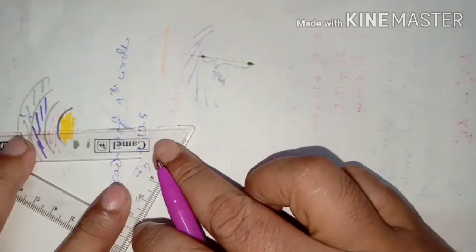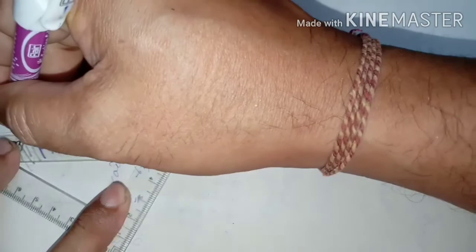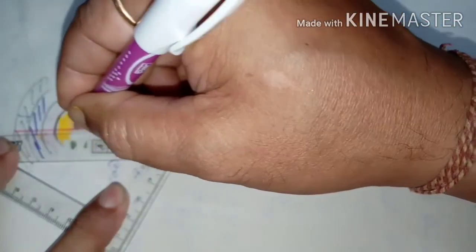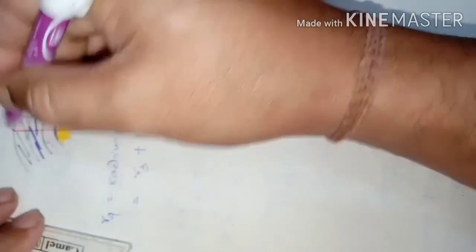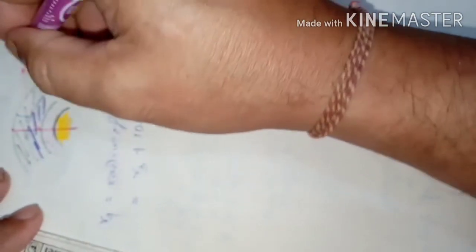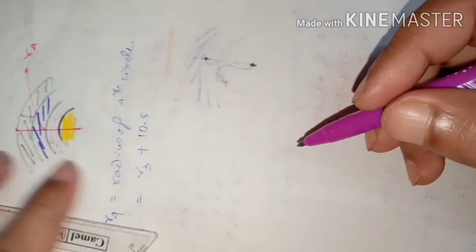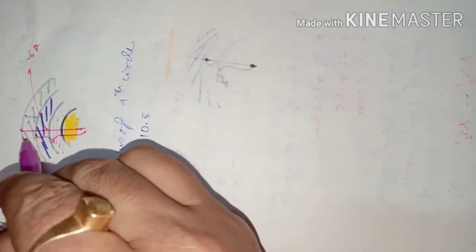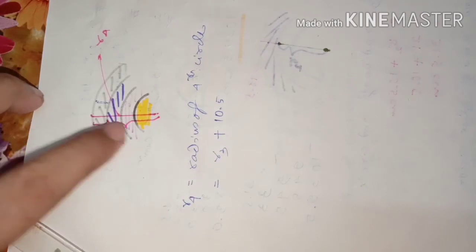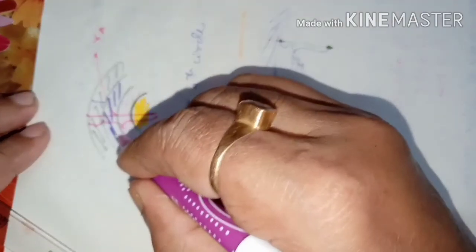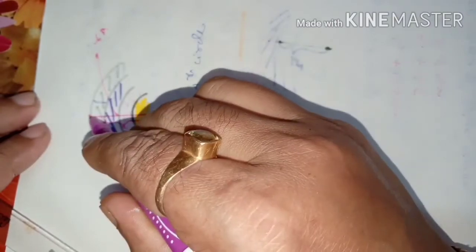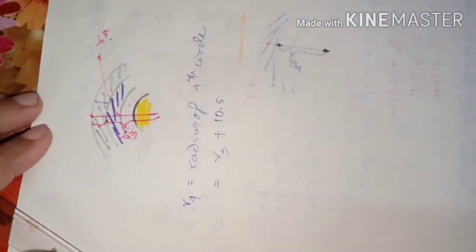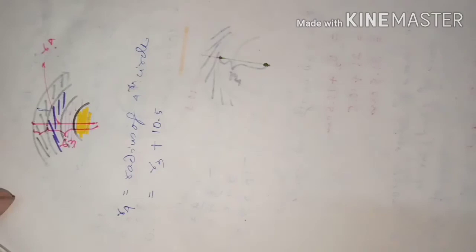I can show with a line like this. This time we are talking about this radius from center to this boundary. This is radius 4. And that radius 4 is actually radius 3 plus this 10.5. This part is 10.5 and this is radius 3. So radius 3, with that 10.5 extra you have to add. That will become radius 4. Is it clear? So now radius 3.